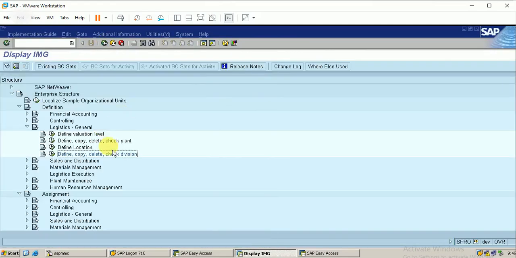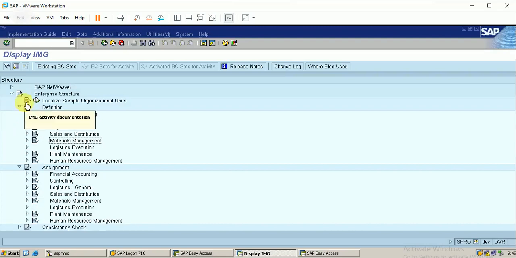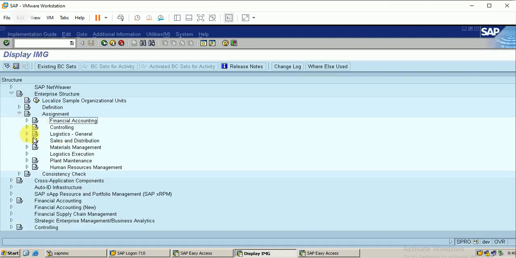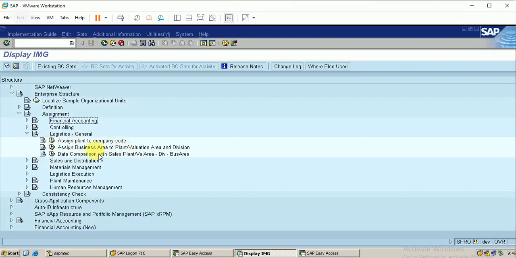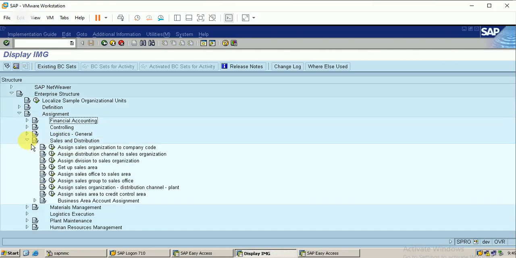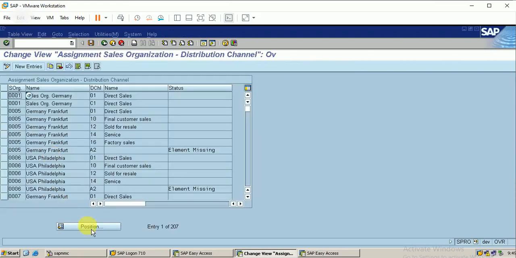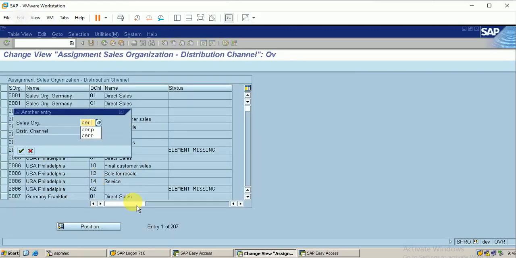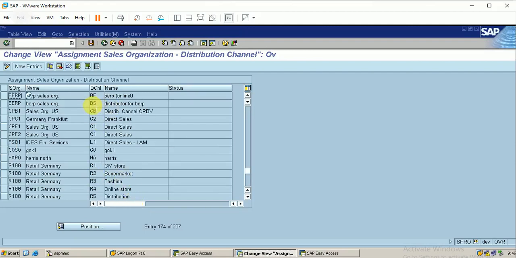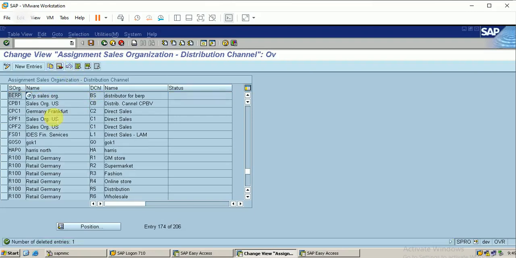Similarly, I have to change the assignment also. Sales and distribution, assign distribution channel to sales org. Let me check. I should change this. I should delete this, which is my last entry. I will delete this.